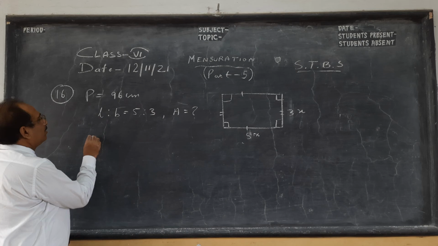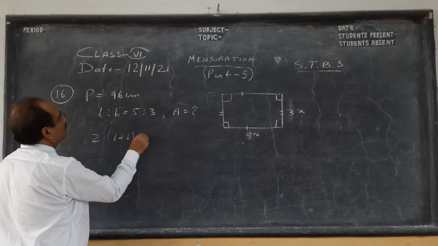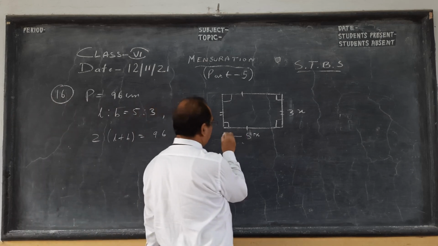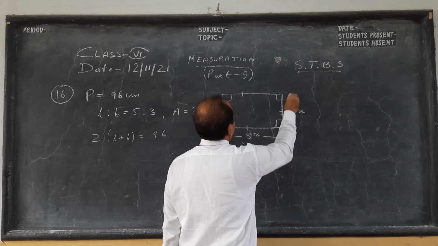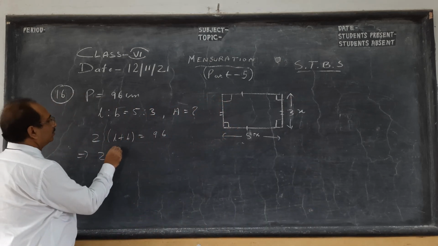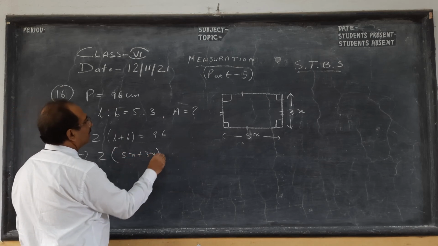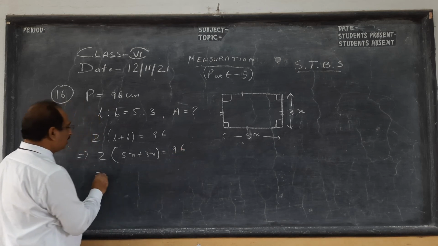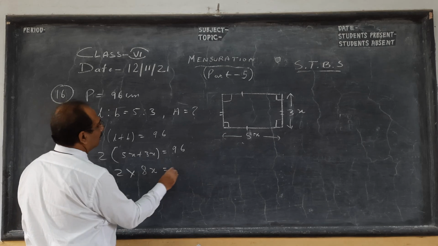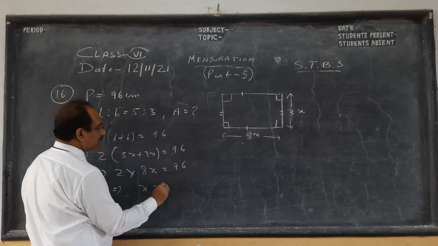Now let us see perimeter. We know the formula of perimeter of a rectangle. 2(l plus b) is 96. So let the length be 5x. Children, you can write, I am not writing. And breadth be 3x. Don't take 5 and 3. 5x and 3x. So what we get, length is 5x, breadth is 3x. So we will get x. What is a multiplying factor? So 8x is 96. So x is, 2 8s are 16, goes down.